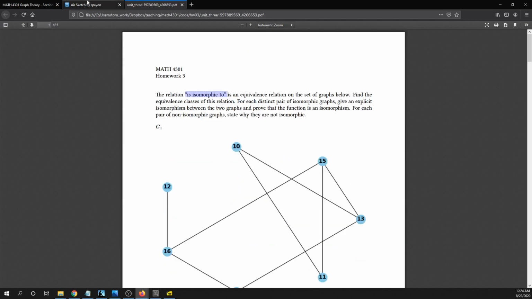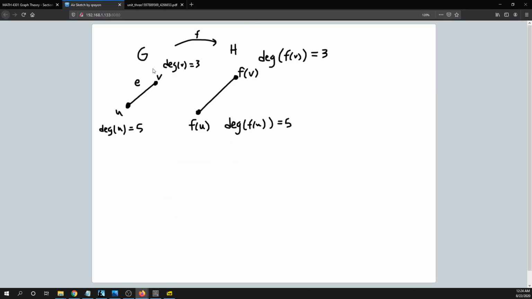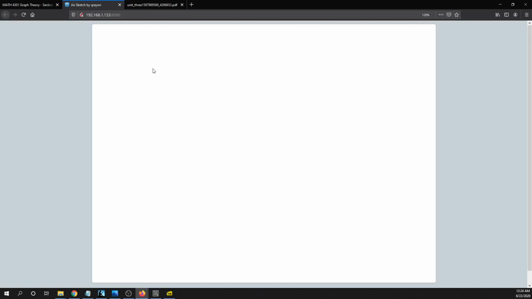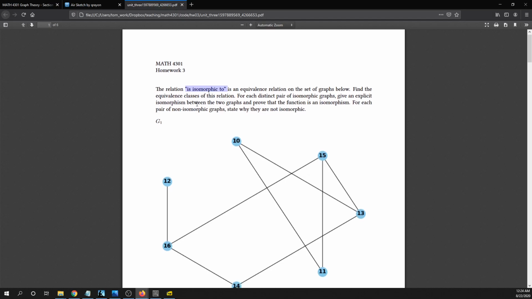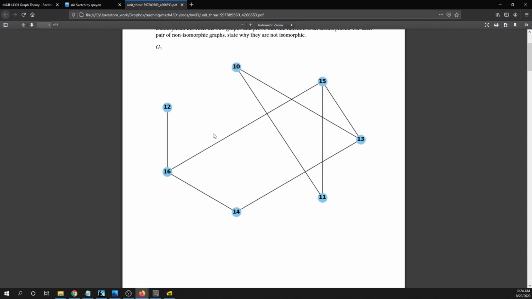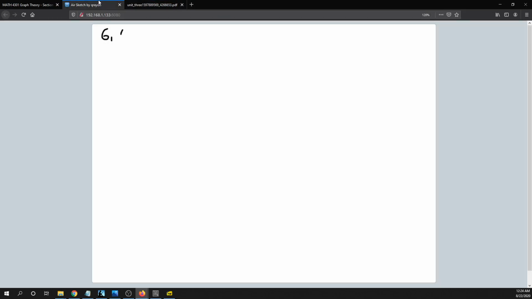It is an equivalence relation, being isomorphic, and so that will partition these graphs into sets, right? There's 6 graphs: G1, G2, G3, G4, G5, and G6, and your job is to decide